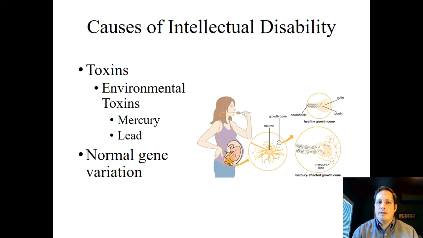So, for instance, mercury poisoning. What happens there is if a mother eats mercury during the fetus's development, what you begin to see is severe physical, emotional, and intellectual impairments. And they recently had a warning about women eating fish during pregnancy, especially deep water predator kind of fish, because they have high levels of mercury.